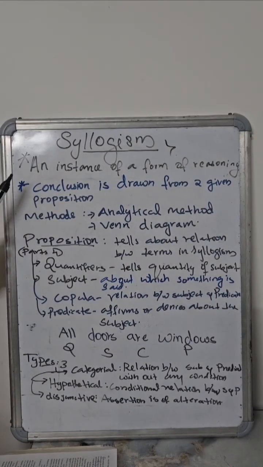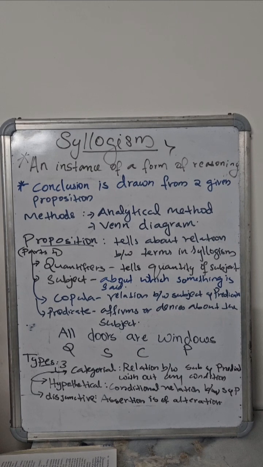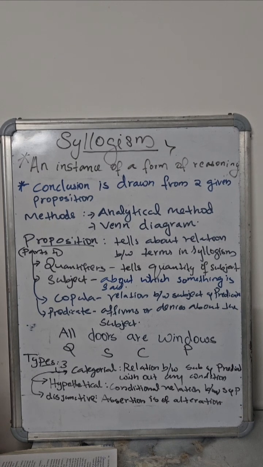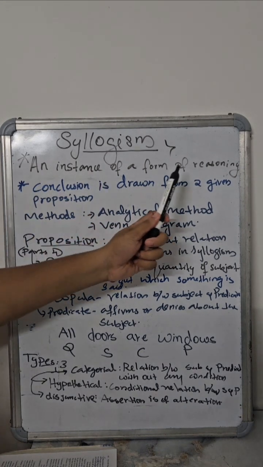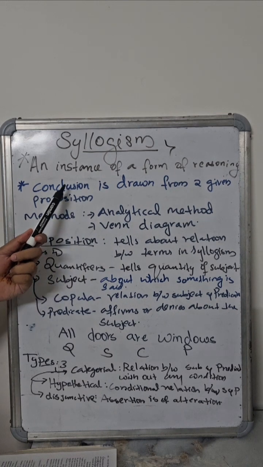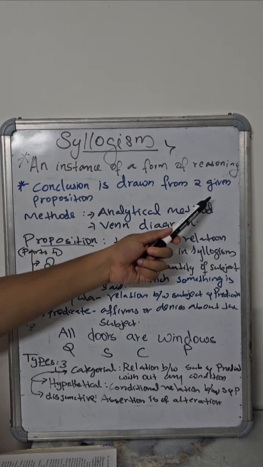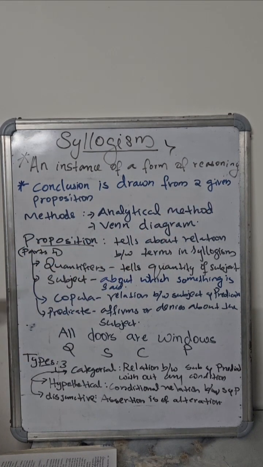In today's lecture, we are going to discuss syllogism. According to the Oxford English Dictionary, syllogism means an instance of a form of reasoning in which a conclusion is drawn from two given or assumed propositions. So, an instance of a form of reasoning in which a conclusion is drawn from two given propositions, or sometimes two